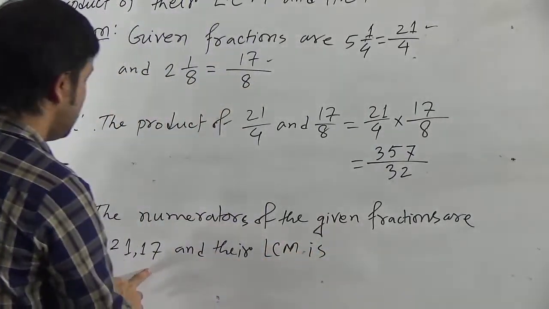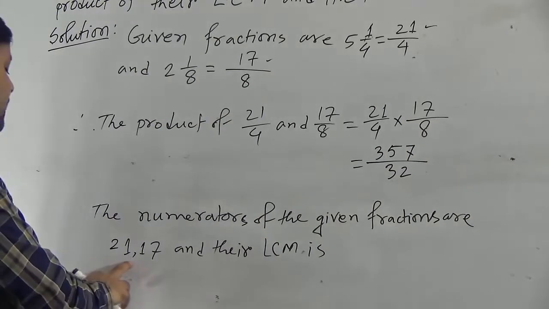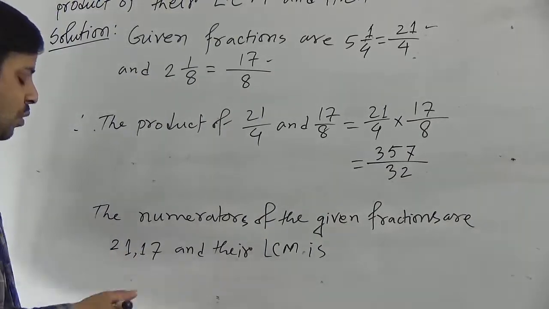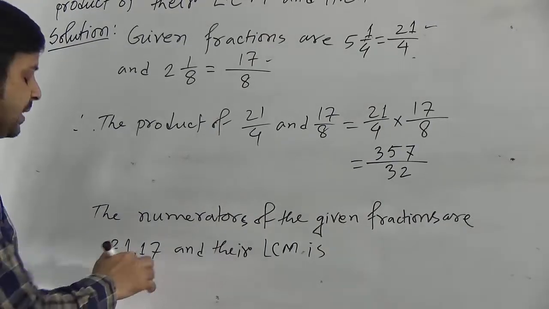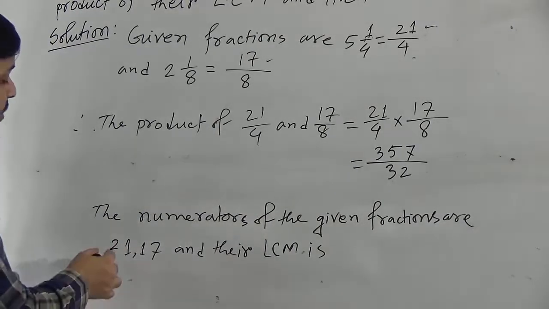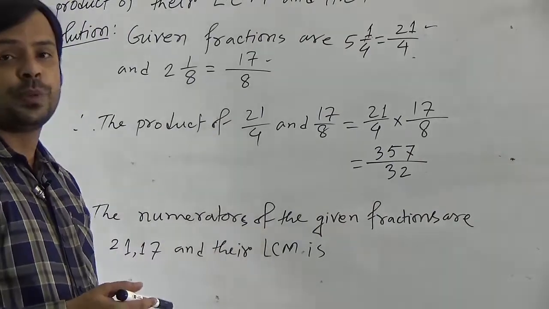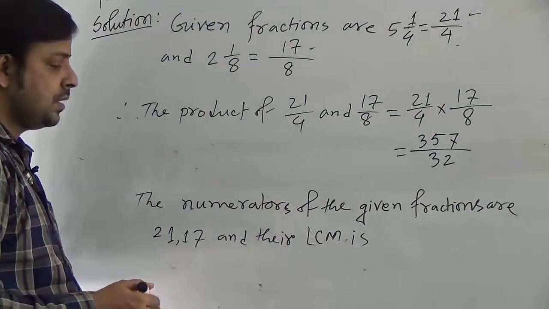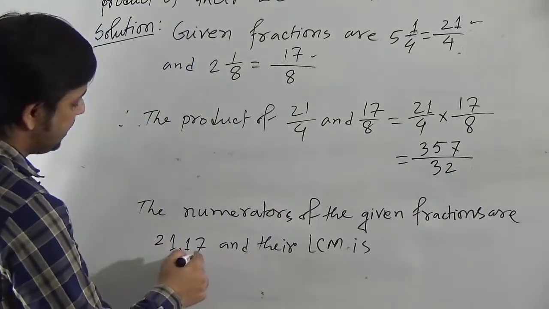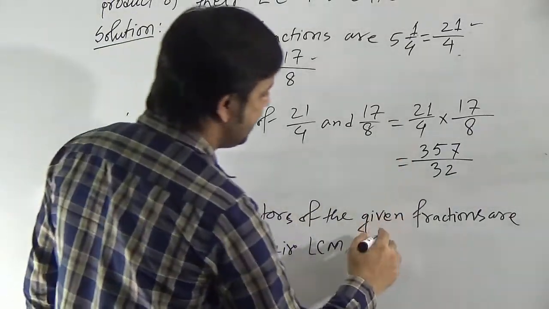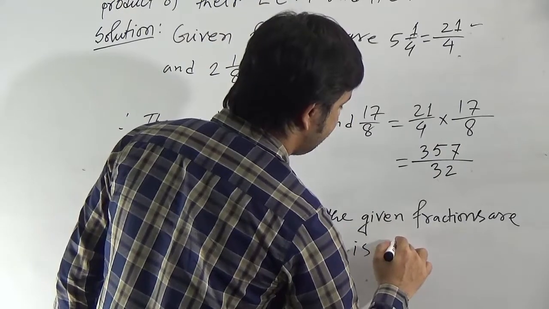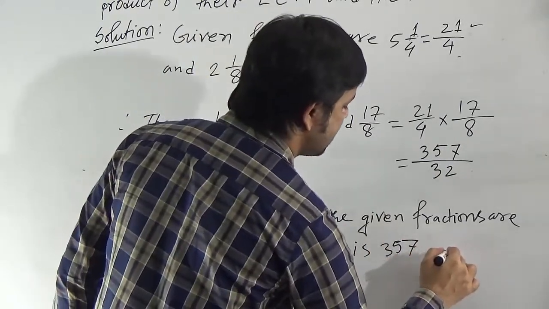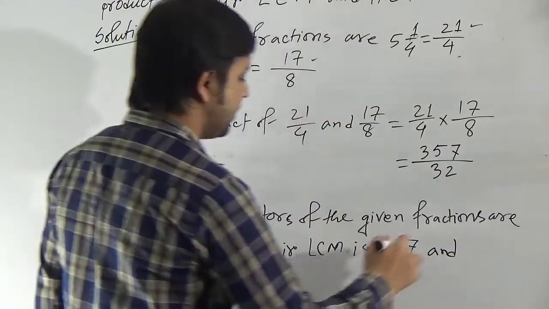Students, observe that these two numbers are co-prime numbers. As 17 is a prime number, 21 and 17 will be co-prime. So their LCM will be their product. If we multiply 21 and 17, we have obtained 357, the product of 21 and 17, and their HCF